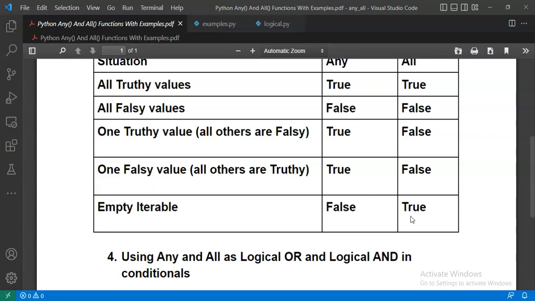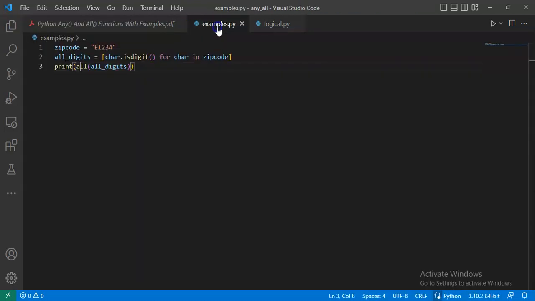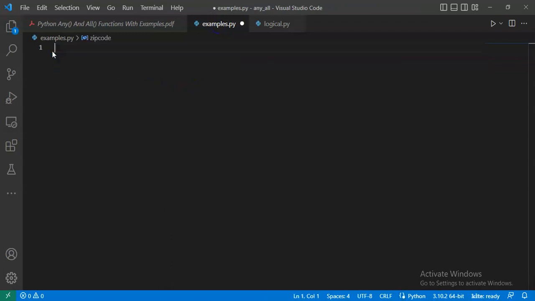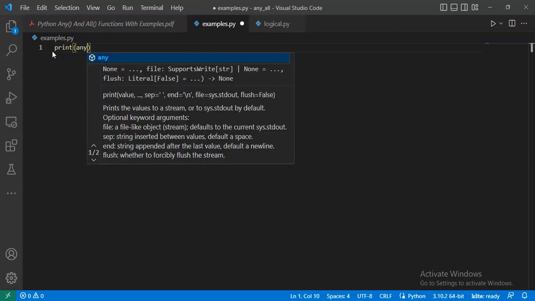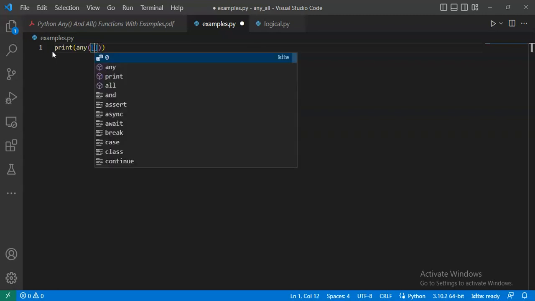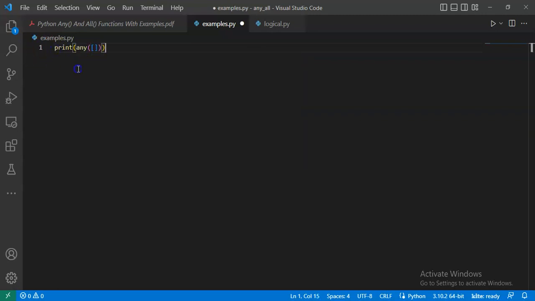All it's looking for is that one false. If there's no one false, then it returns true. So because none of the elements are false, all will return true. Let me show you with an empty iterable. It's a special case. I really had to try to get my head around it after a while. So I'll put an empty list for, so you see,